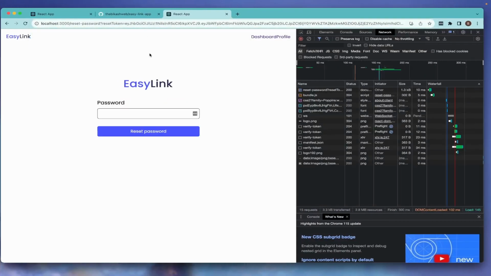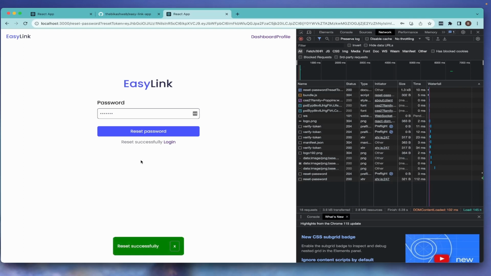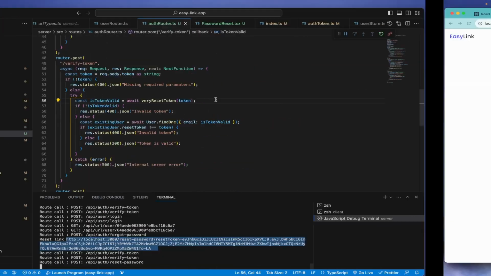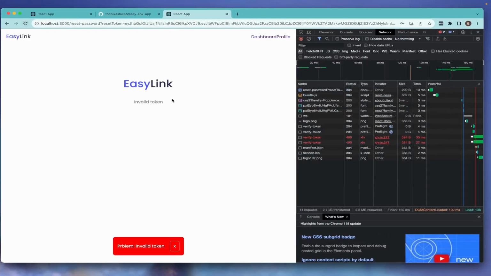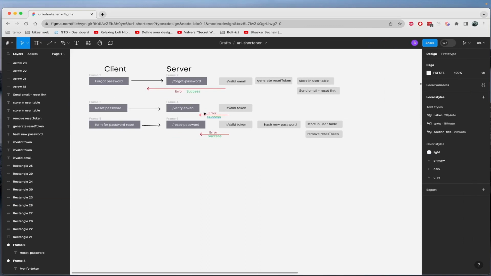So let's click this, we get it here, and let's set password test123 back, and it says reset successfully, login. However, now if I refresh it, because this should remove the reset token, and we already fixed that. Now if I refresh it, it says it's invalid token. All right, so this is all we needed to do for this video,